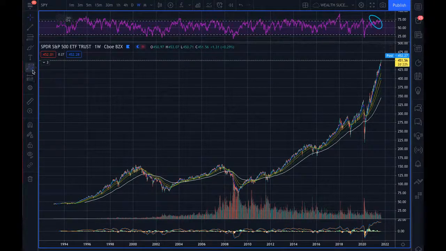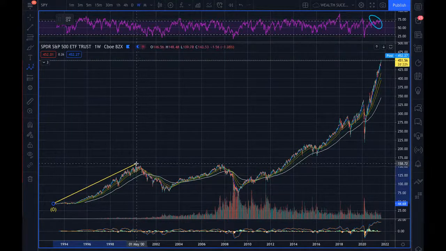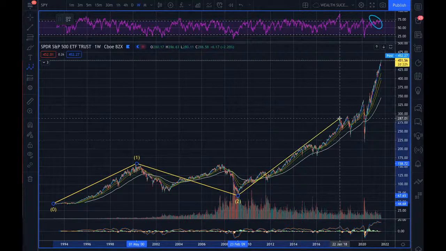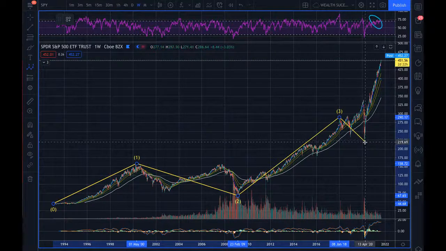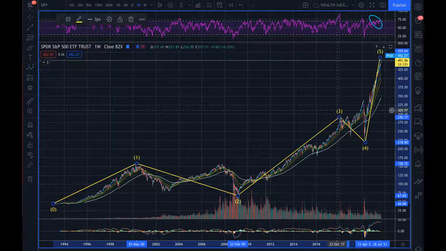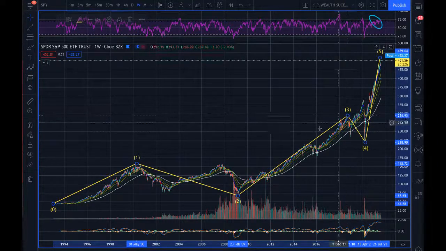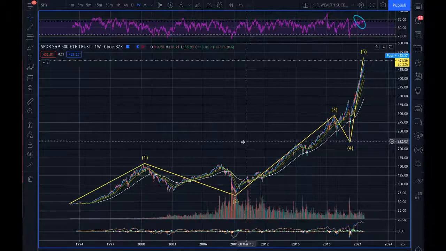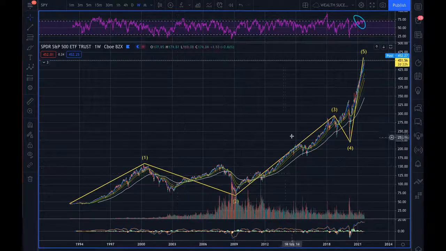So I can already see right away some waves. 1, 2, 3, 4, 5. This is what this looks like so far. And way back here,